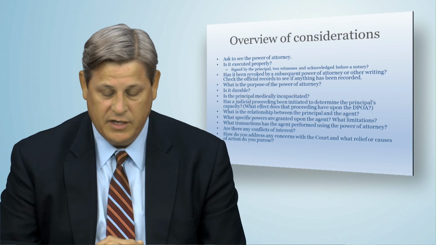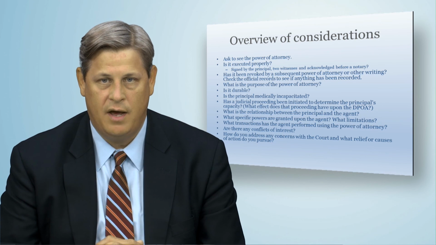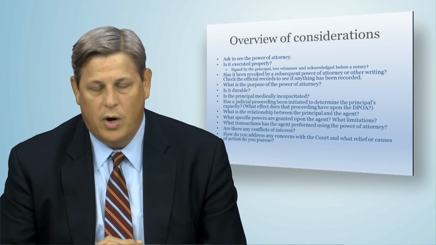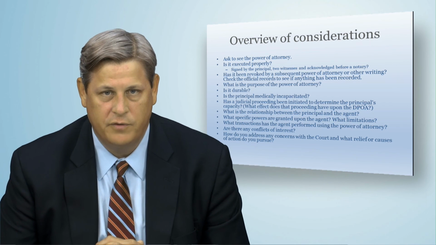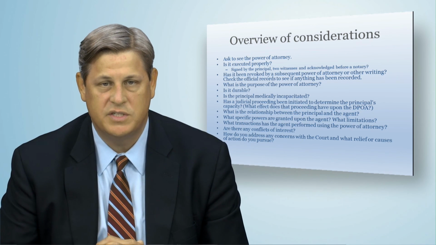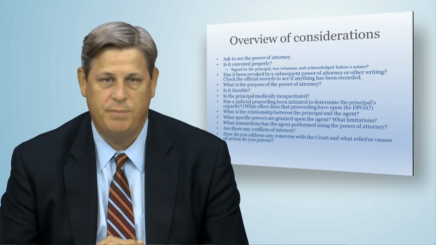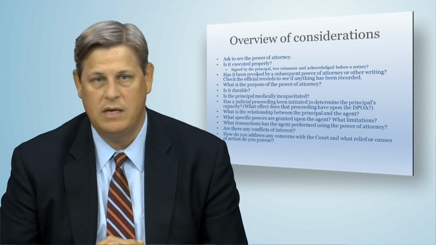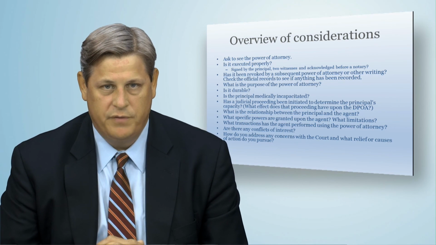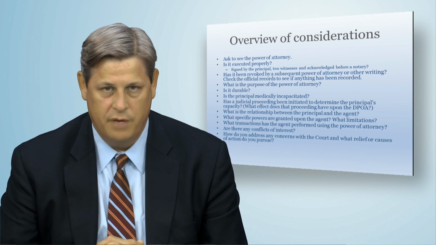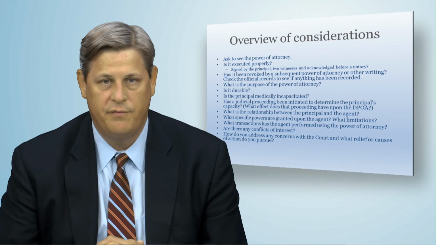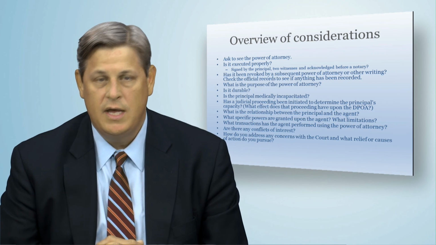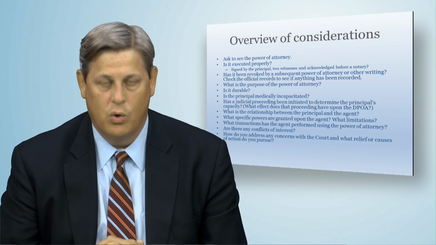Then consider what actions the agent has actually performed on behalf of the power of attorney. Perhaps go to see whether you can get an accounting from the agent to look at the different transactions. Look to see whether or not there has been any conflict of interest between the agent's interests and the principal's interests. Are monies being used to benefit primarily the agent to the detriment of the principal? And if there are such conflicts of interest, do they rise to the level of being a breach of the fiduciary duty of the agent such that there can be damages and relief through the courts?